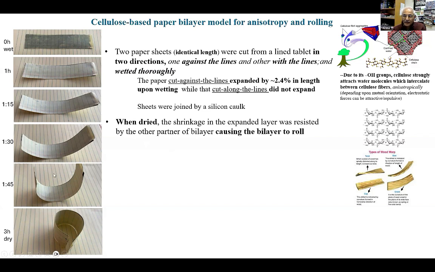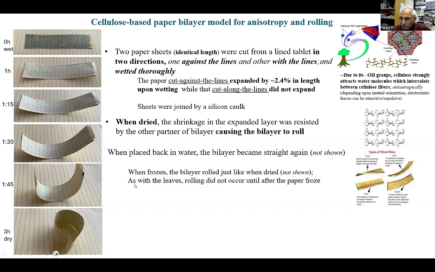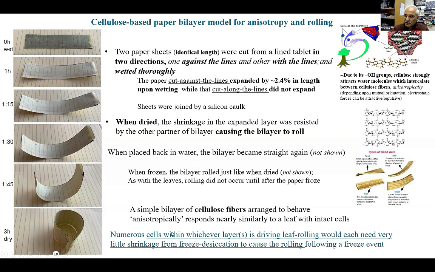So this is what we are trying to convey here, that this anisotropic expansion by moisture absorbance by these two sheets is causing this to roll like that. When you place it back in water, this bilayer becomes straight again, and that was not shown here. When you freeze this bilayer, just like when you dry it, this also behaves the same way. So this is a very simple bilayer cellulose-based model that behaves anisotropically and responds very similarly to how the leaves respond when they roll during freezing. And here, just to show you